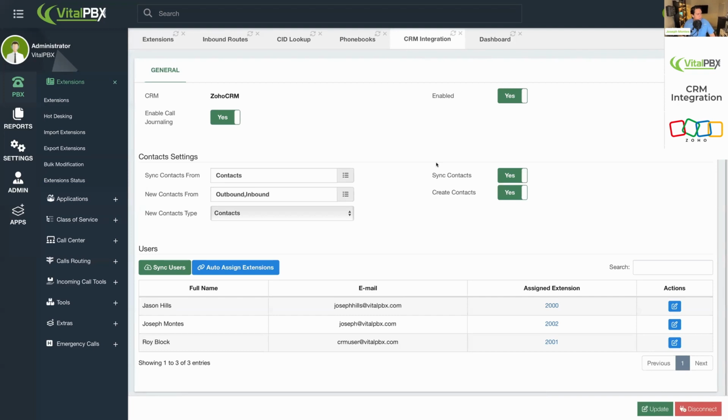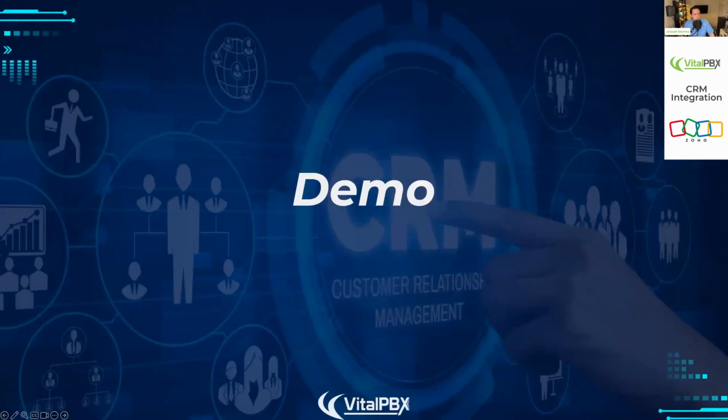So this was the module, and as you can see, very simple. Once again, detailed instructions on how to install the module and how to configure it will be posted right after this webinar. And once again, that blog will cover the Zoho CRM connection. The Salesforce one will come a little bit later. And yeah, so coming back to the presentation,